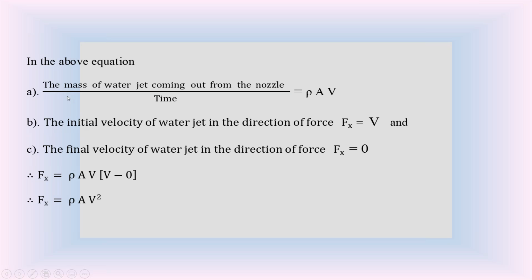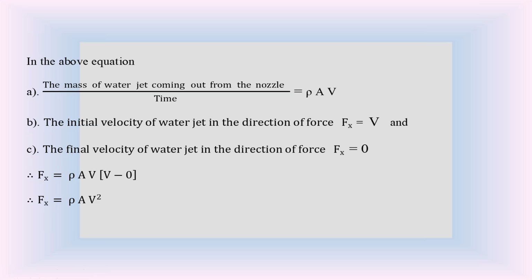check the terms carefully. The mass of water jet coming out from the nozzle divided by time is rho AV. The initial velocity of water jet in the direction of force Fx is v. The final velocity in the direction of force Fx is 0, because the final velocity is acting on the y-axis, that is in the vertical direction. So Fx is equal to rho AV into v minus 0. So the equation of force Fx,